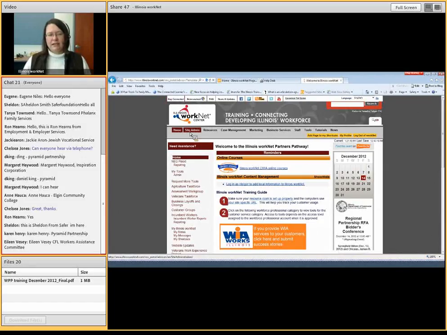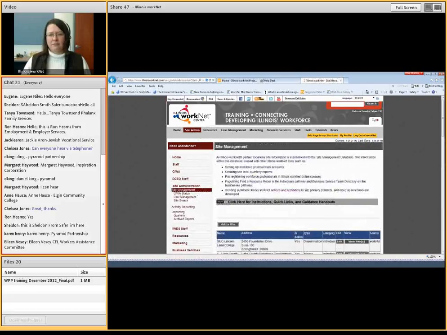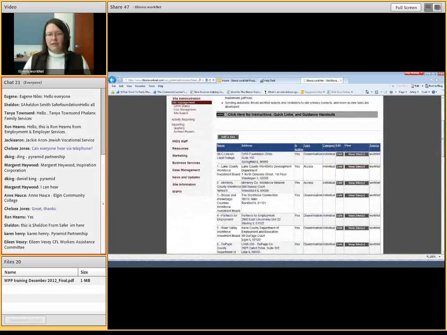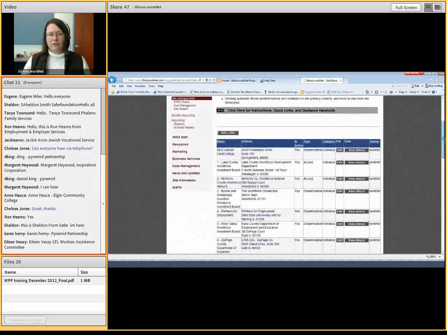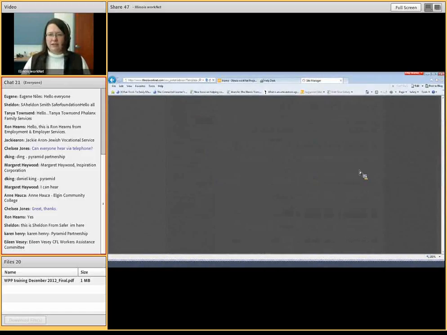But today, specifically what we were talking about are those tools that are available in Site Admin. So if I click on Site Admin, then I see that I have Site Management. I'm going to go ahead and click on Site Management. Now with my screen, you'll see I have access to more information, and that's because my account is at the